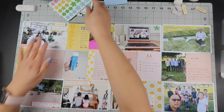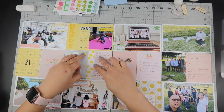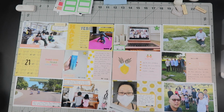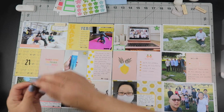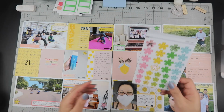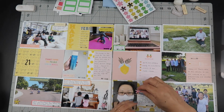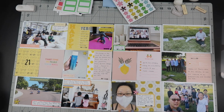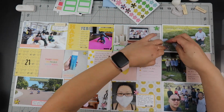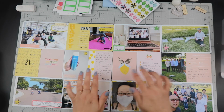I'm going to go through and put some more of those asterisk stars, whatever they're called, throughout my layout. One above on the picture of my SPF, one down by the kids using their easy rollers. And by the way, my dad wants an adult easy roller, but I don't know if they make those. He wants one so bad so that when he walks around the neighborhood with the kids, he can ride one too. And then I'm putting more asterisk stars on the right-hand side of the layout,